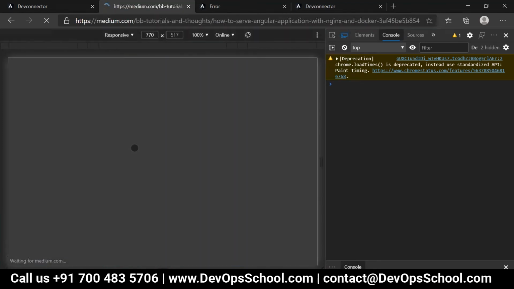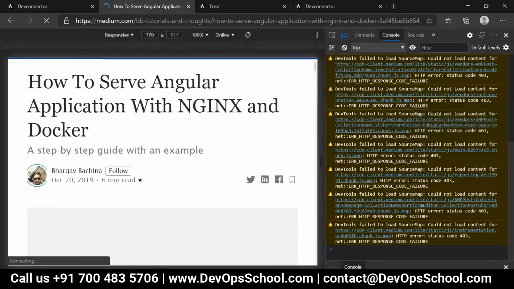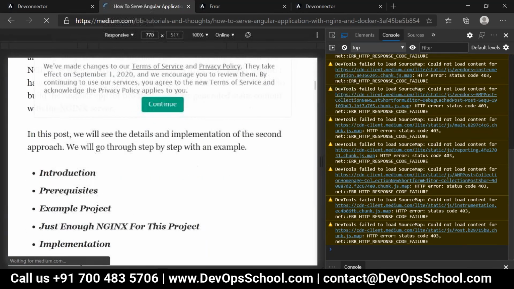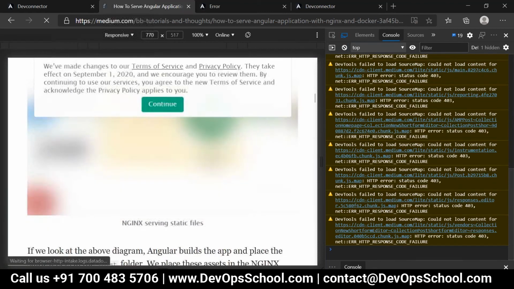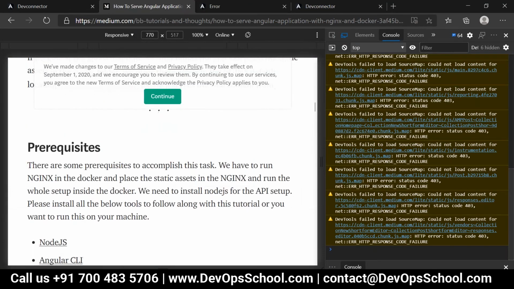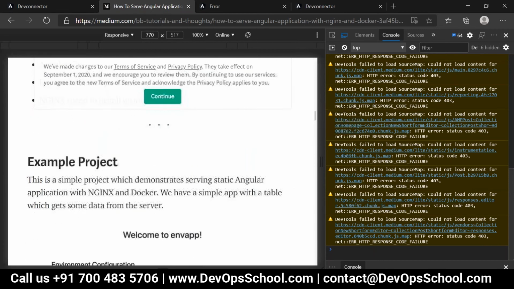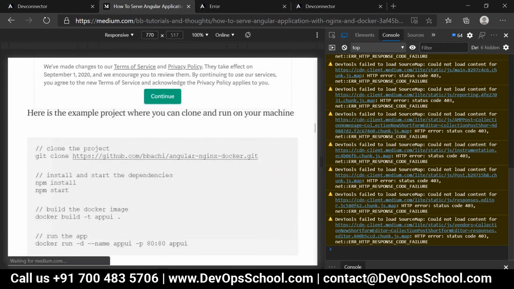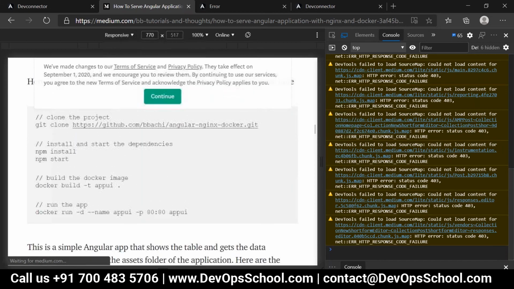I'll just take you through a quick article so that you get clarity. Here is some Angular project, any Angular project. Here we are providing the commands.